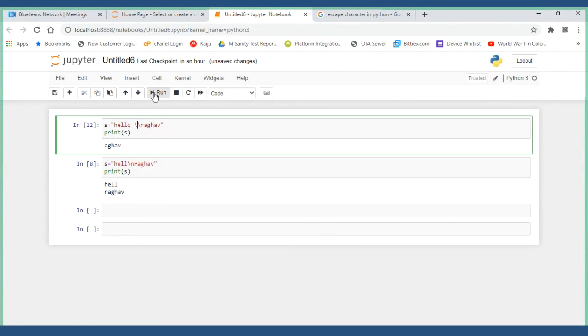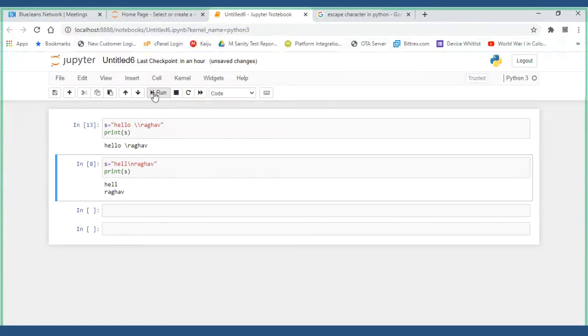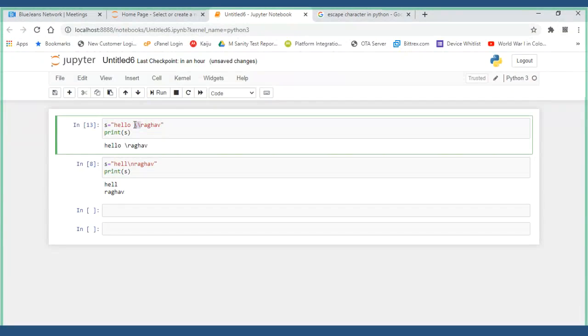So when you say that, even though R is there, and the backslash is there, you want to include the real backslash. First it will come to know that something has to be done: I have to put a backslash.